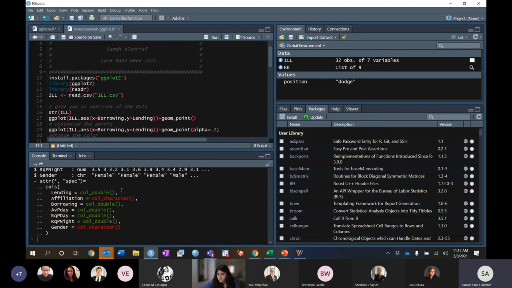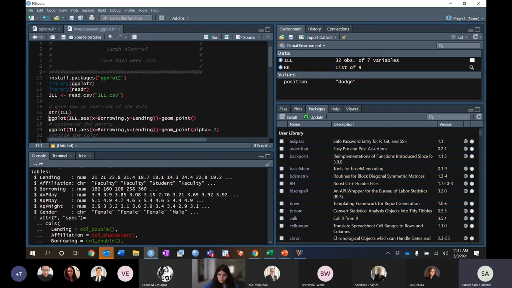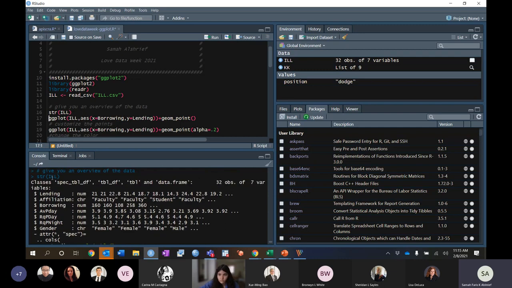For example, especially with Excel, this is a very common problem. Excel tends to change the format of the variables into dates sometimes. So even though you know your data set and what variables you have, it's better to check how R read your data. So we run the structure